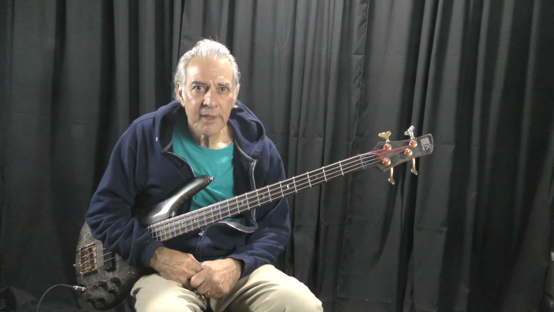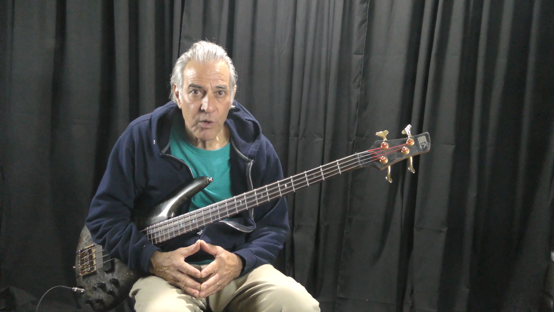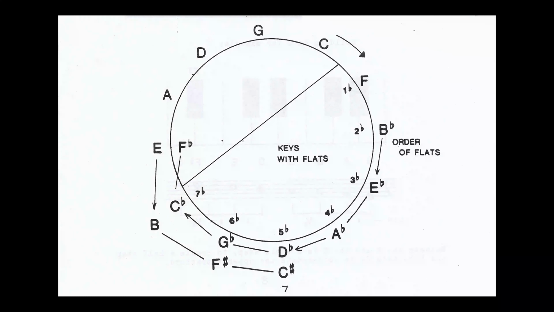Another characteristic of both fourths and fifths is that when you move from one fourth to the next consecutively 12 times, you will see all the 12 tones and land on the first note you started on. This is called the circle of fourths and fifths. If you move to the right from the C around the circle, you will play all the 12 notes in fourths. If you move to the left of the C around the circle, you will play all the 12 notes